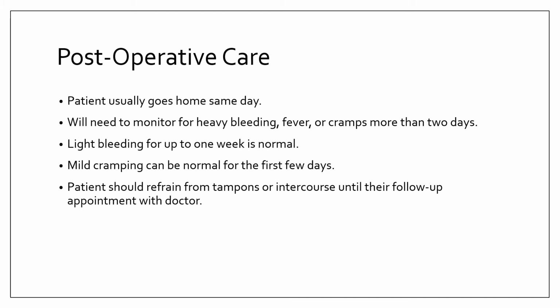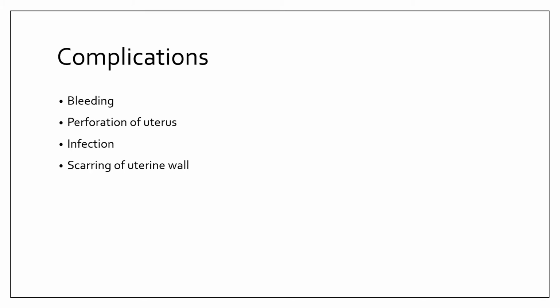Slight cramping and slight bleeding can be normal for the first few days. Patients should refrain from putting anything inside their vagina, so no tampons and no intercourse until they have a follow-up appointment with their doctor. Complications from a D&C can include bleeding,